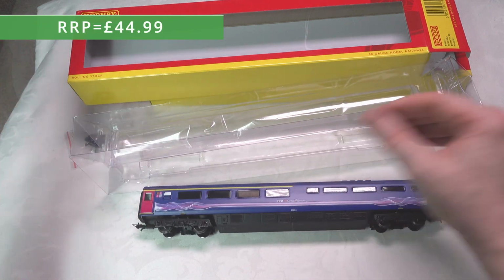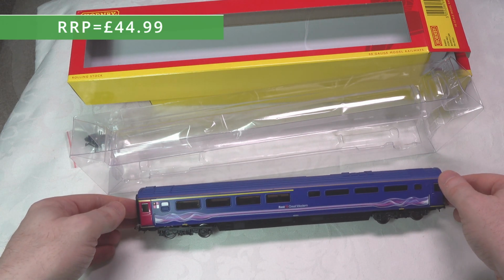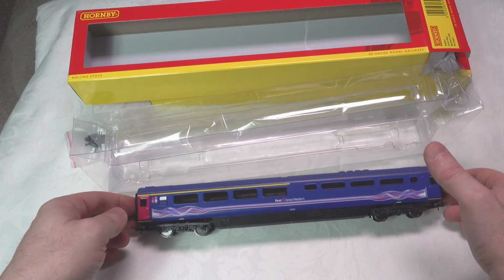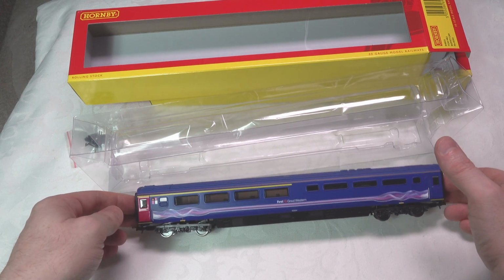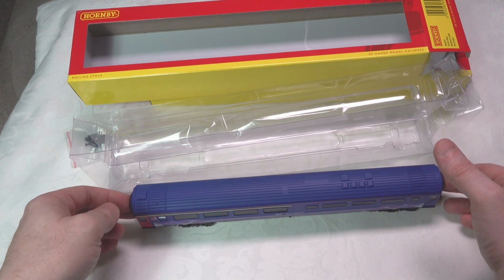Same as you'd be paying for the more sliding door type coaches. You'll pay the same for this, again, which I don't think is correct from Hornby. I think they need to be differentiating the pricing based on the quality. These aren't the same quality, I think, as some of the newer coaches. So